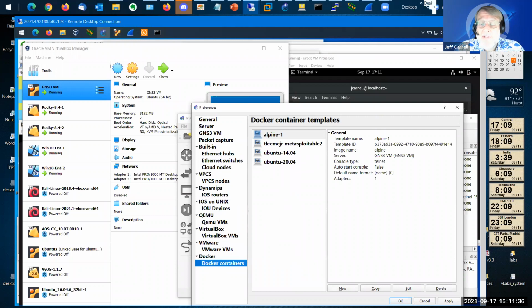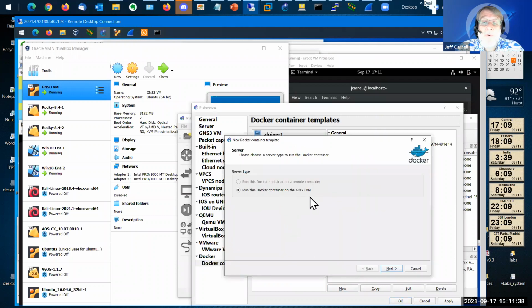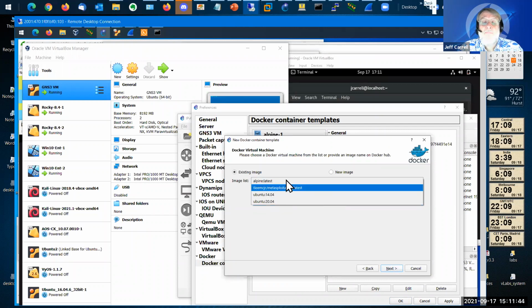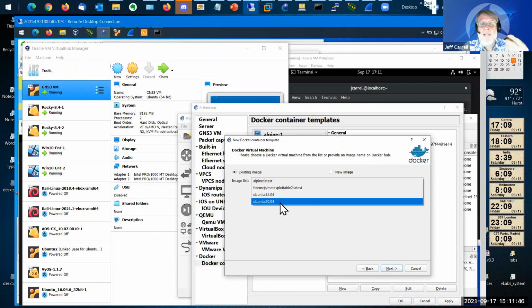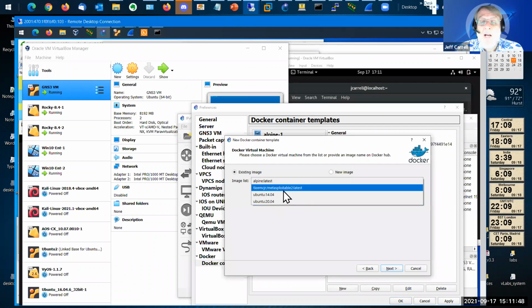So you can actually say, I want a new Docker container. I want to run it on the GNS3 VM. And then you basically say, what's your Docker image that you want? And you can see I pulled down Alpine, a Metasploit configuration that Lee Major,